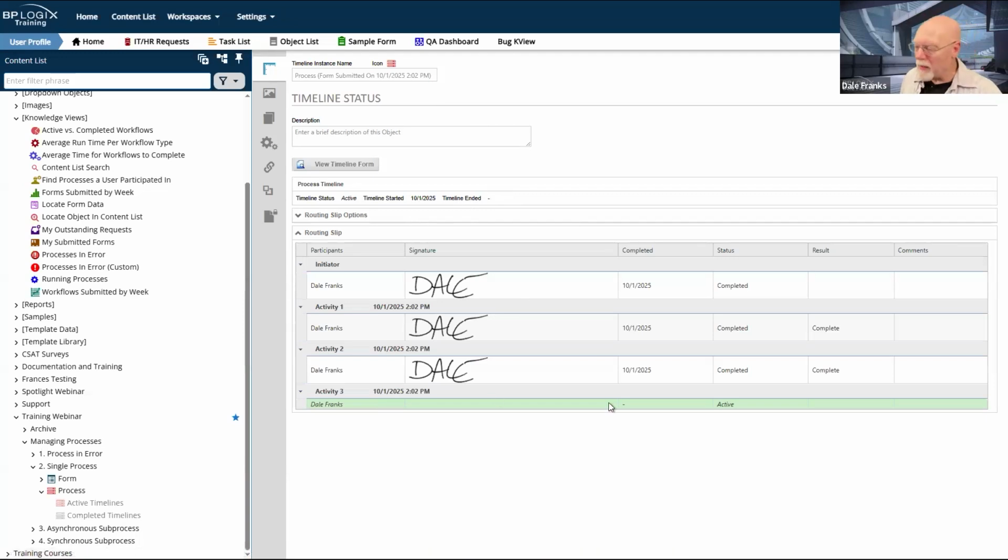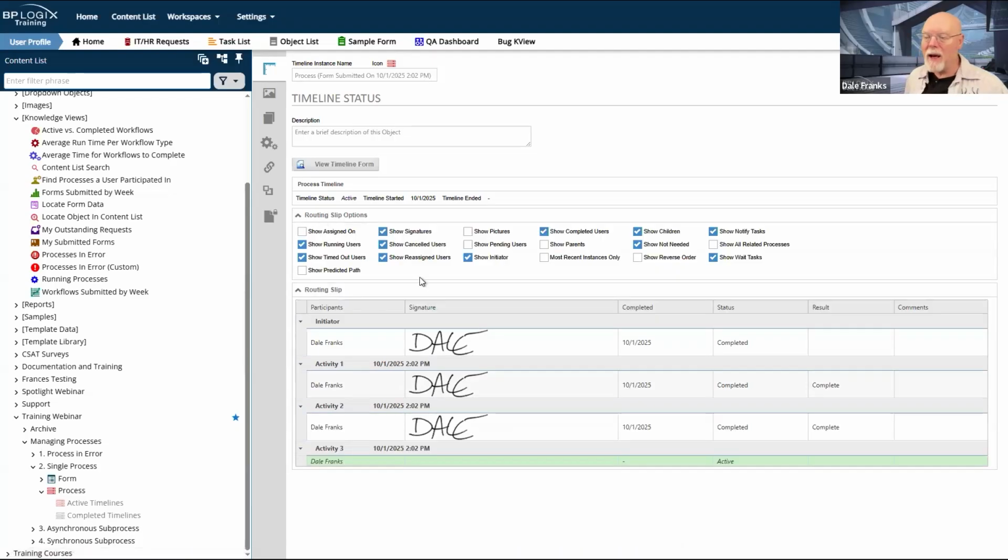All I really have on this page to look at is the routing slip, which tells me what my status is in a quick snapshot for this process timeline instance. I can change some of the options on the routing slip, and you might want to do this, especially if you're running processes and sub-processes, but we'll talk about that a little bit later.